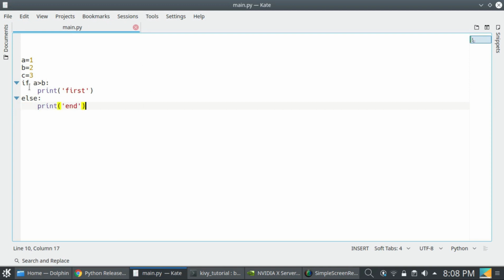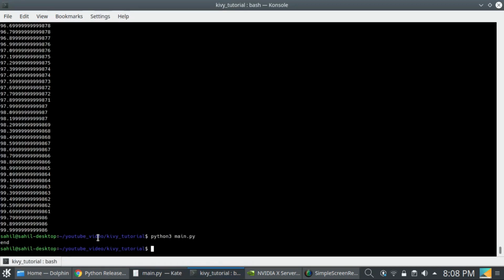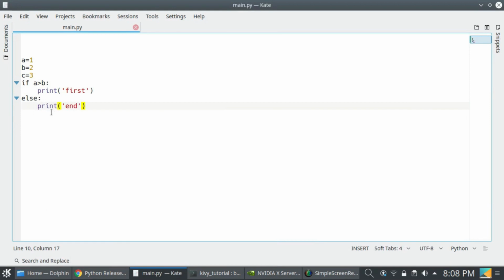When A greater than B is true, then this block will execute, else this block will execute. Now end means this else is executed.